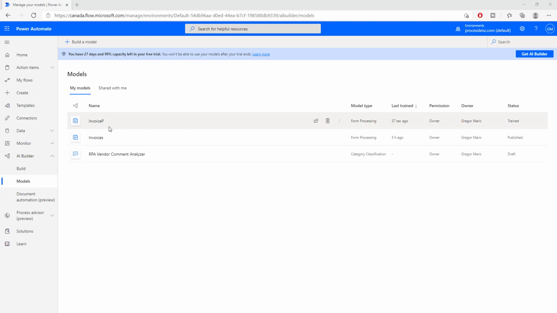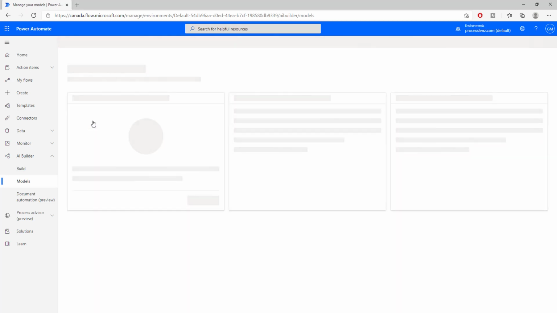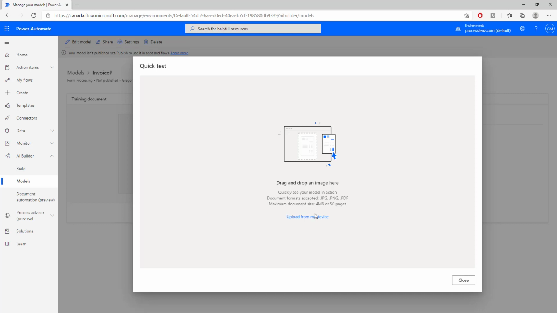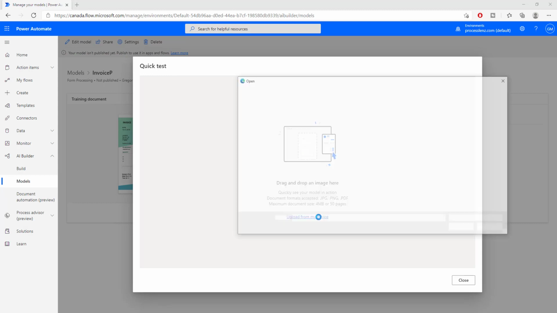As you can see, it has already finished training. So let's start using it immediately in one of our processes. And you will see how easy this really is to use and integrate inside of your Power Automate or Power App flows. So I can either quick test this model or I can publish it. It is good practice that you should quick test your models the first time that you have created them. So just to test, we would upload an invoice that we have not